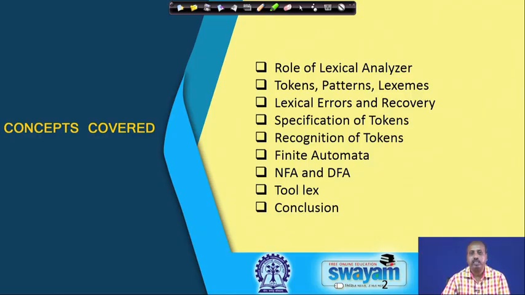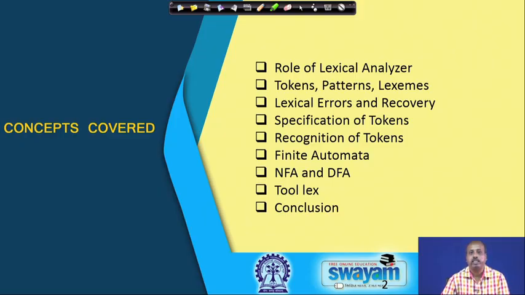And the second thing is that after the specification phase has been done, we have to have some recognizer for that. The specification phase will define a set of rules by which the tokens will be defined, and in the recognition phase the lexical analysis tool will scan the input program to see what are the words that are appearing in the program, and accordingly return corresponding tokens to the parser.